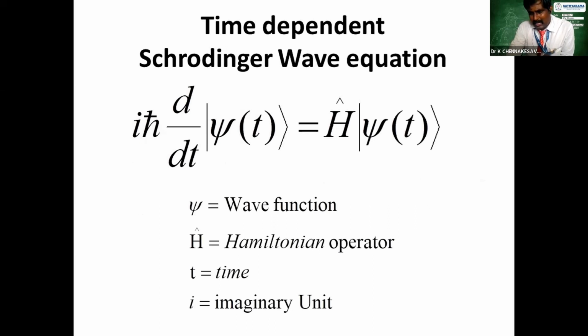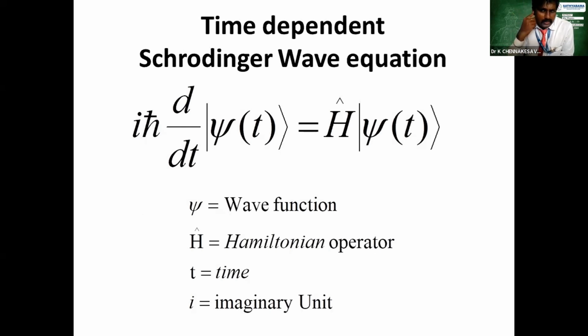we have 2 types of Schrodinger wave equations. If you want to derive the solution, we can derive it for 2 equations: the time dependent Schrodinger wave equation and the time independent Schrodinger wave equation. Here you see here,